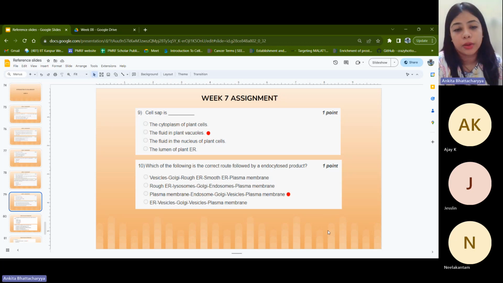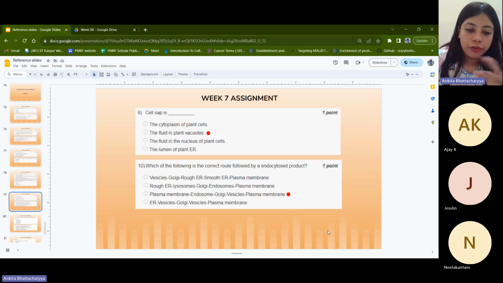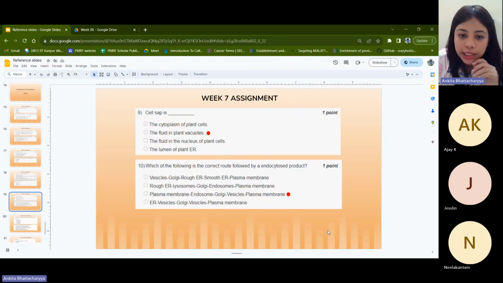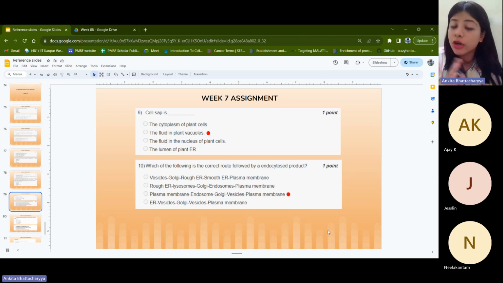Okay, got it. So see, one thing you need to keep in mind is that it has formed from the plasma membrane, it has formed the endosome. Suppose that food product is going directly, it could also have gone to the lysosomes. It could have gone to any other compartment, right? From my understanding, how you can answer a question like this, because to me also it looks a little bit ambiguous. I think there could be better combinations that could have been used for this question.